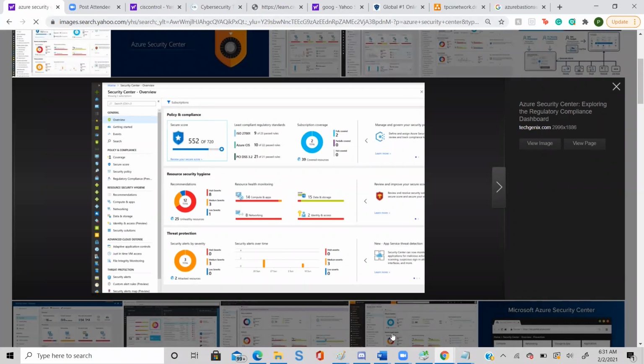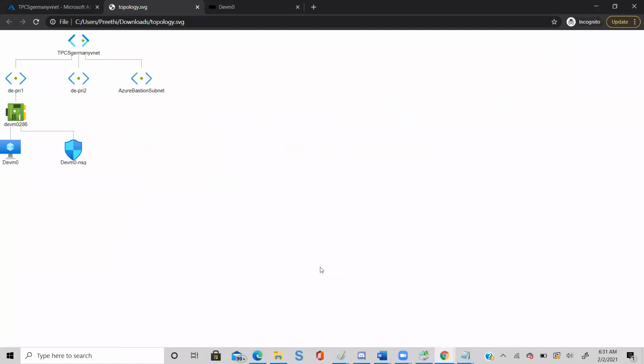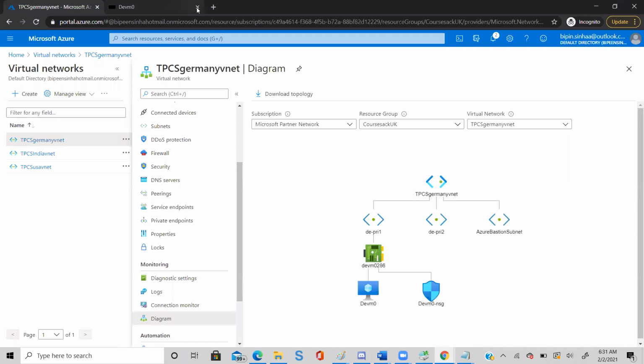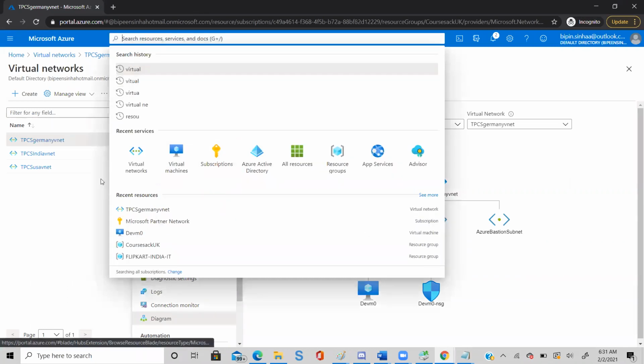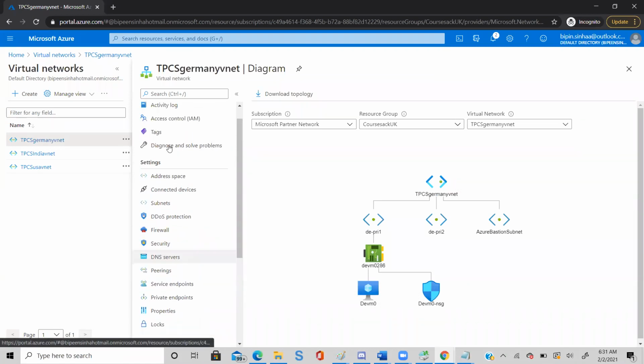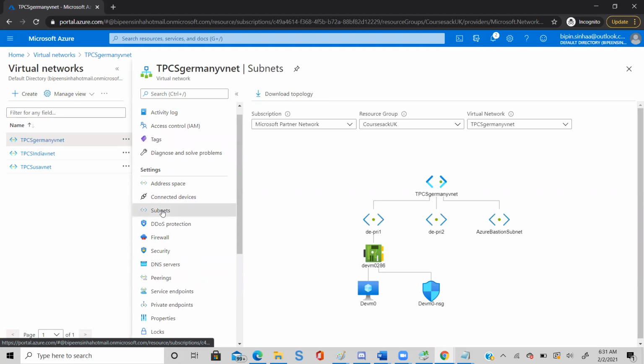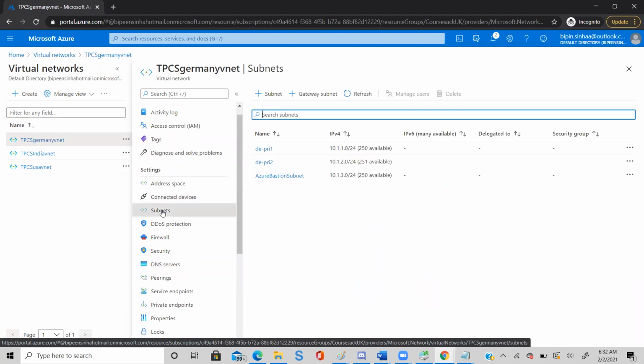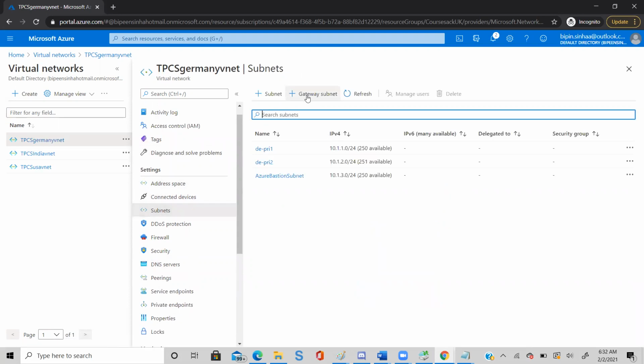So here, if you come to the Germany VNet, if you come to subnet, you have an option to add a gateway subnet. So let's create a gateway subnet.